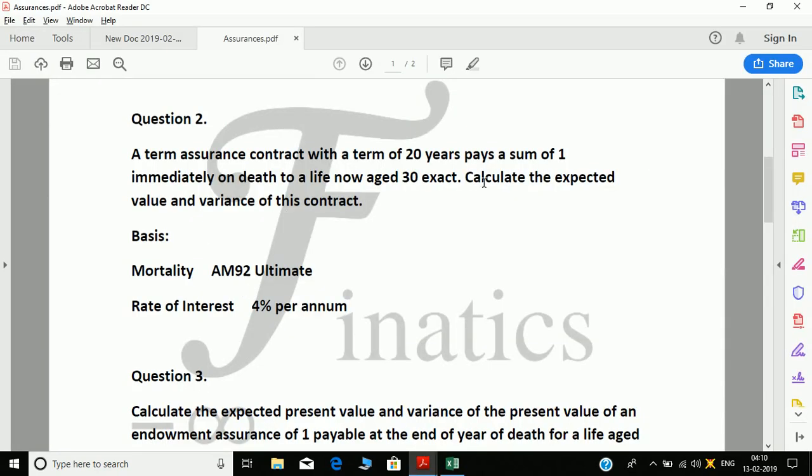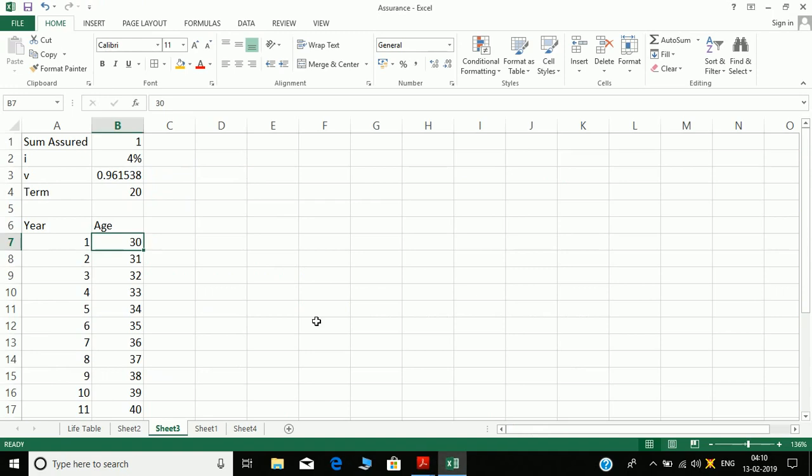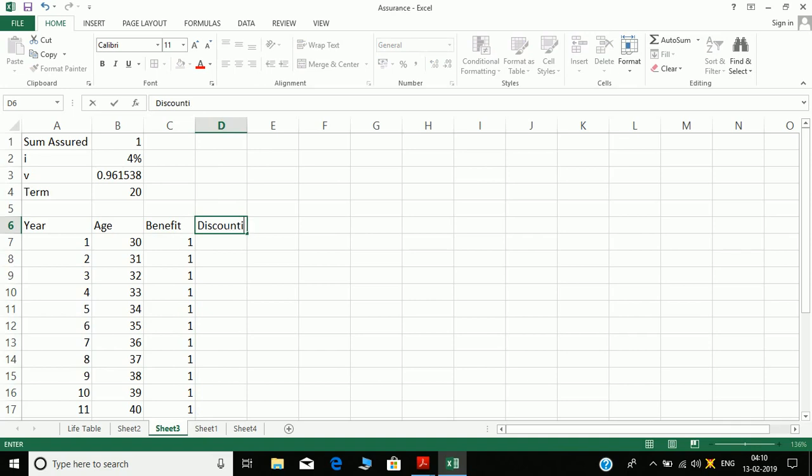Next I have benefit, which is equal to 1 in all the cases. Next I will have discounting, equal to v to the power.